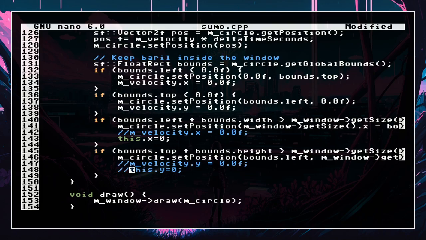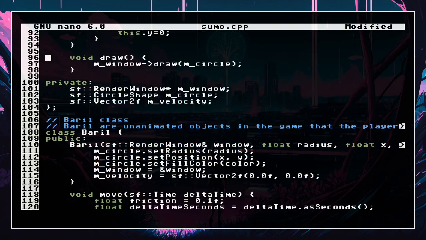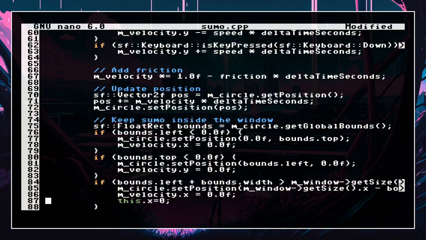And I go back right here, instead of using this dot x, what we are gonna do is use, watch out, mCircle dot set position, open parenthesis. Can I do this? Does that work? I don't think it works. So what we're gonna do is set 0, comma, like this, and inside of it we're gonna do